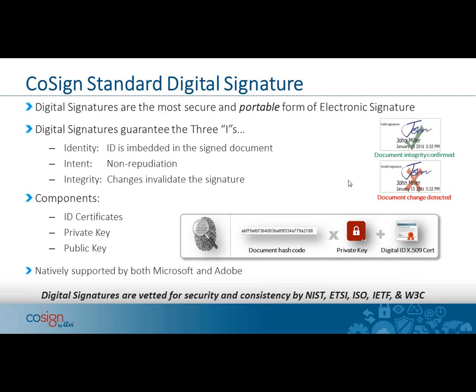If something's been tampered with or something has changed in the document since you signed it, you get the red X, and that basically gives an indication to the relying party that they should question the integrity of that document, and most likely not rely on it, because it could be something that's not valid.